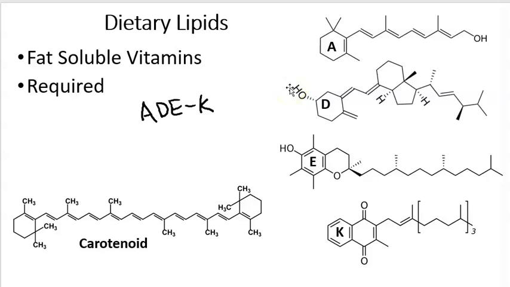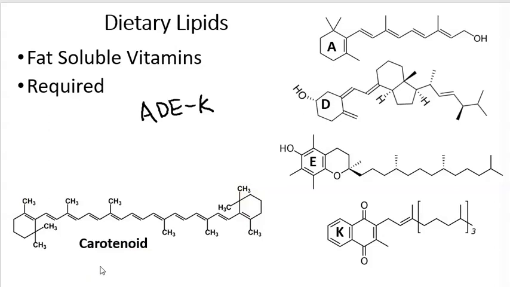Thiamine, riboflavin, niacin, NADH, FADH2, they're involved in the electron transport chain, essentially, for generation of energy. Carotenoids are another group of pigment molecules that are found in various plants that help give pigmentation for different colors of